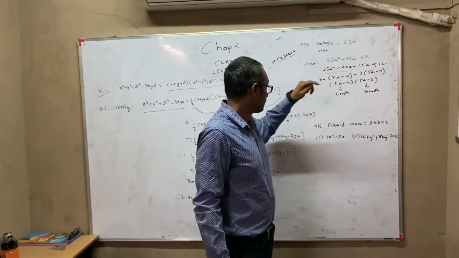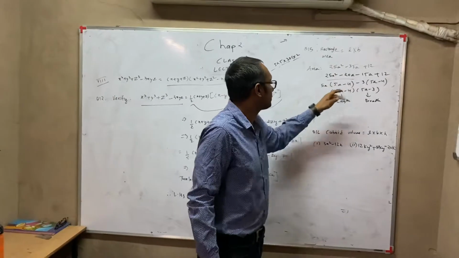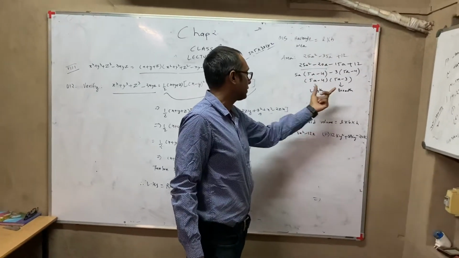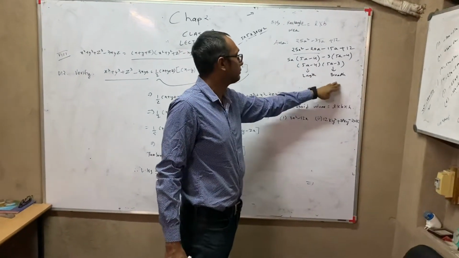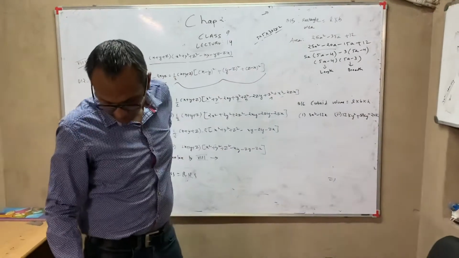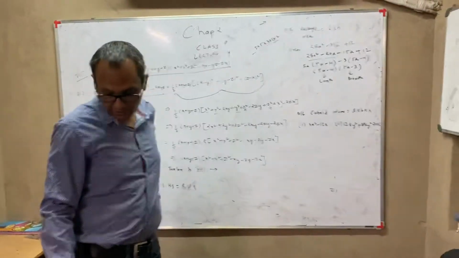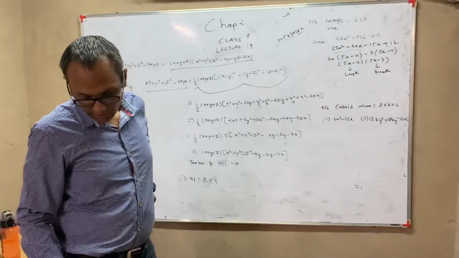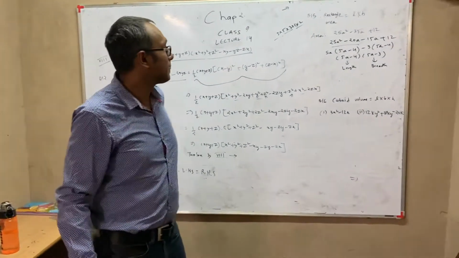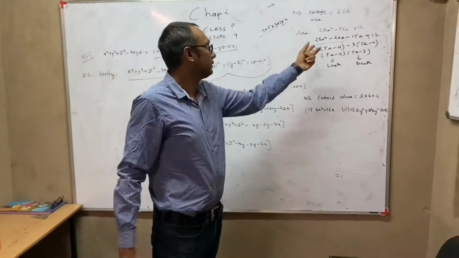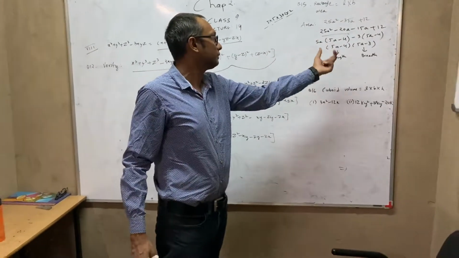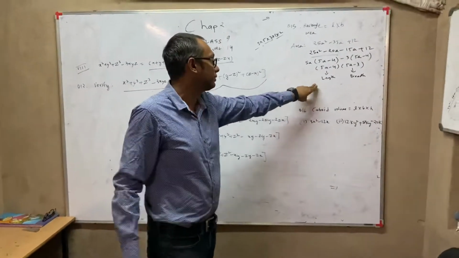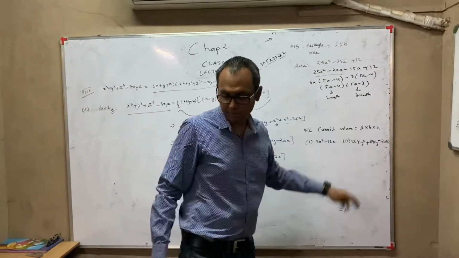So whenever this kind of sum comes, you just split it, and the two brackets you get, one you will name as length, one you will name as breadth. Similarly, the second question, which I am not doing, the area is given as 35a square plus 13y minus 12. So similarly, you have to split the middle term using that method. You have to make two brackets, one bracket you name as length, one bracket you name as breadth.